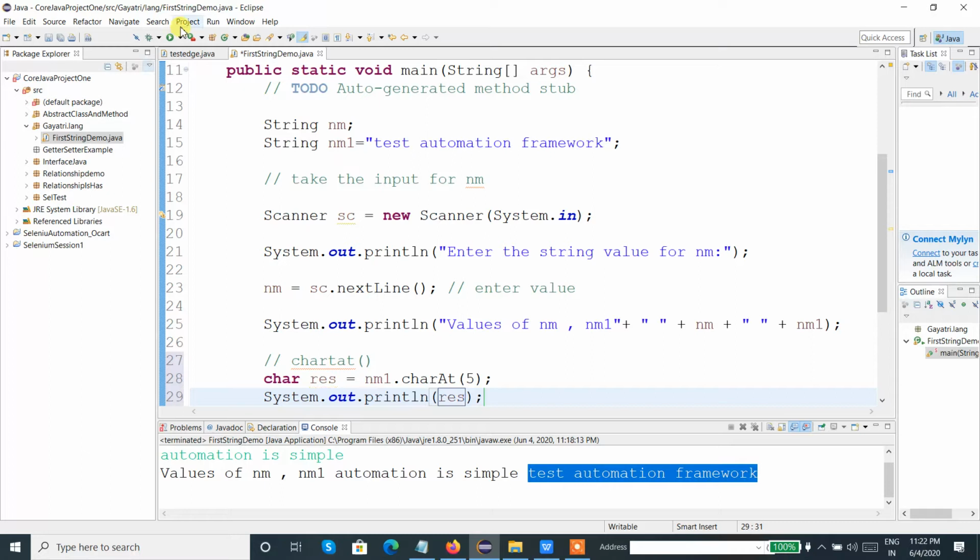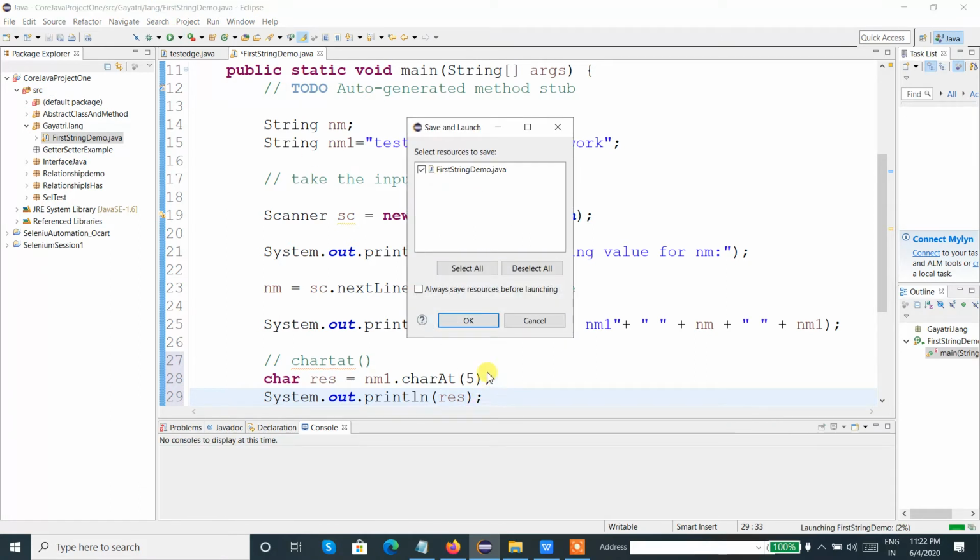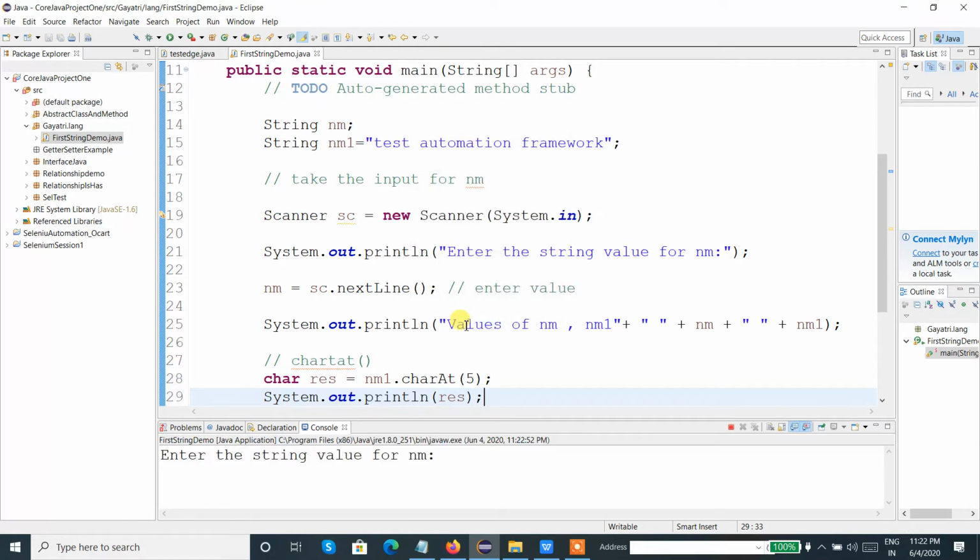Fine. So what is the output over here? The fifth character, or the sixth character of the string. What is the sixth character? 0, 1, 2, 3, 4, 5, A. Probably it is A. So now let us execute.